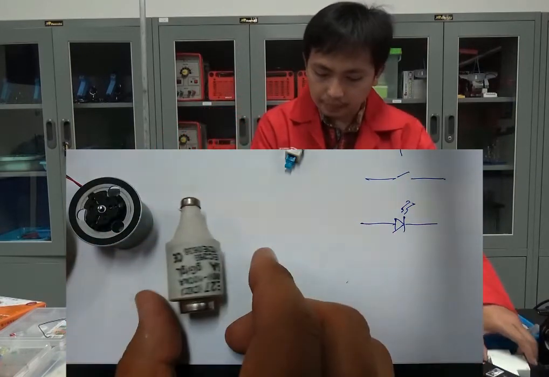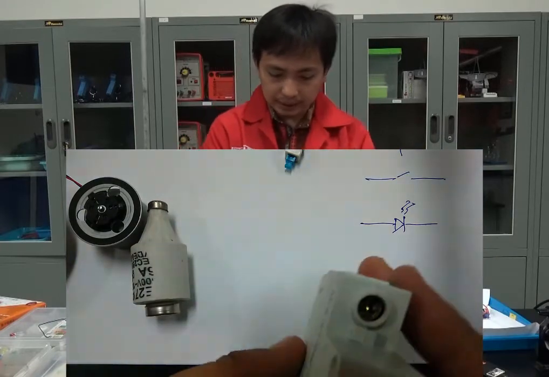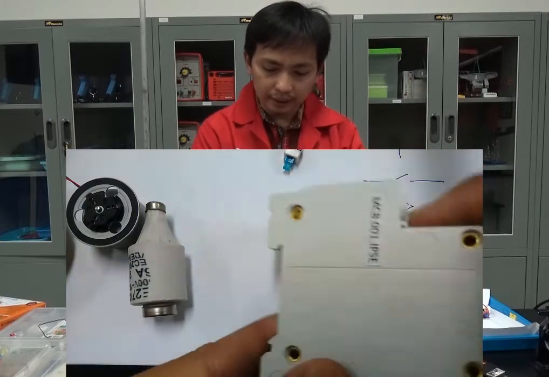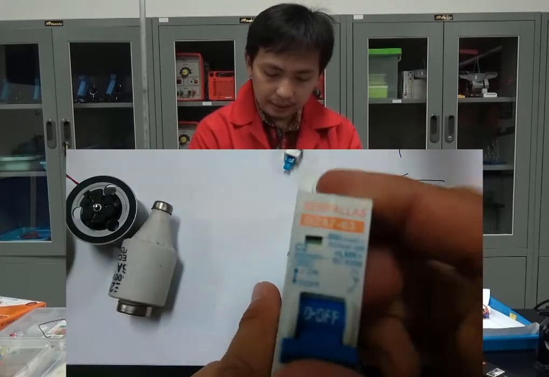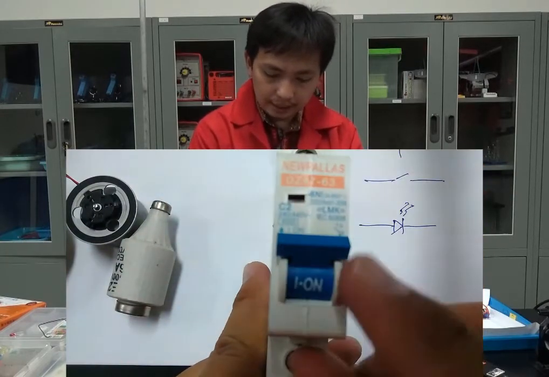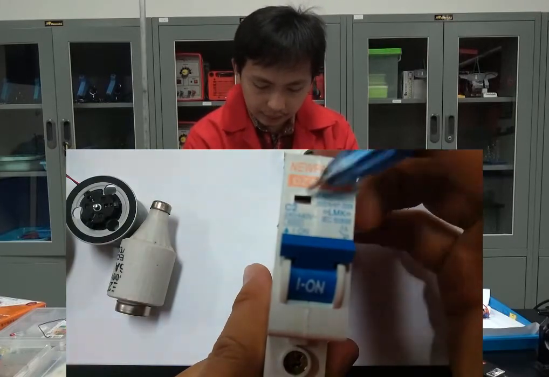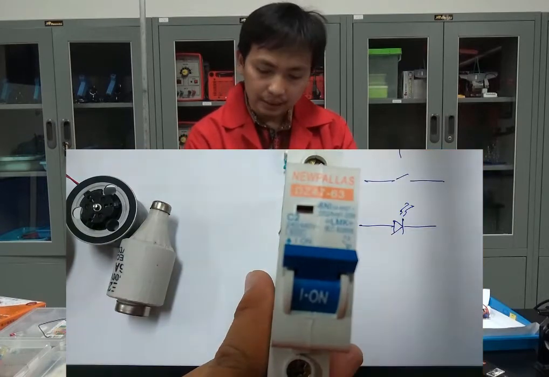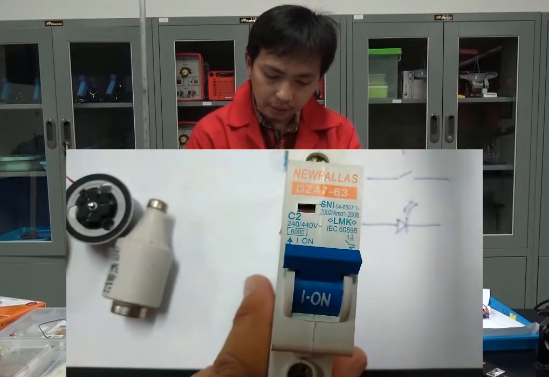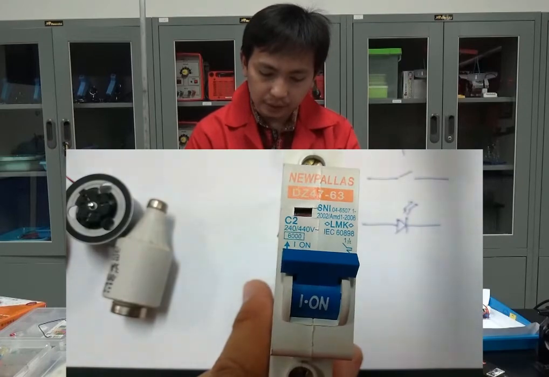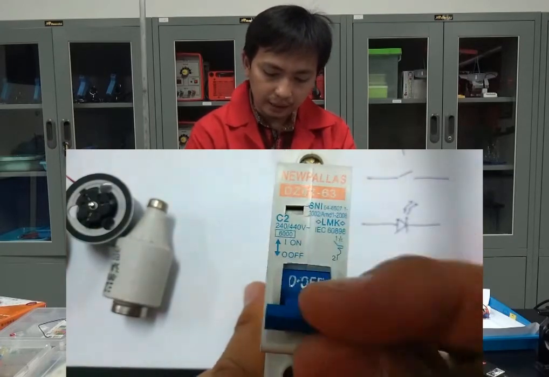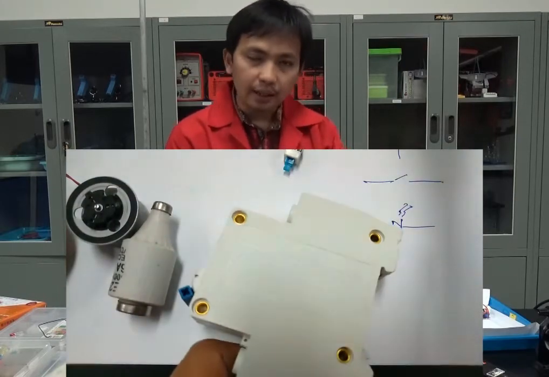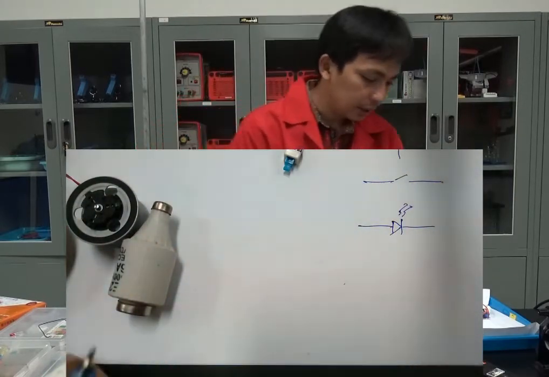Okay, some modern devices we use here. MCB, we call it in Indonesia. It's like a switch, but it has a maximum allowed current. This one allows 2 ampere of current. So if we exceed it, it will directly turn off, like this. This is a switch, and we use it in front of your house.